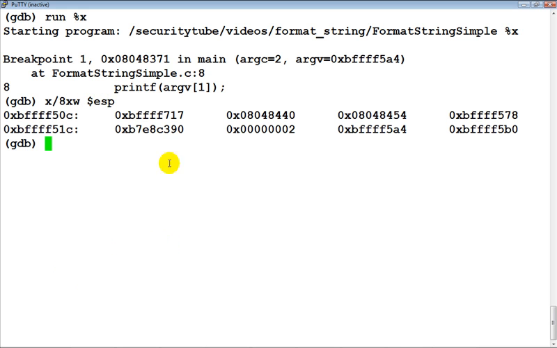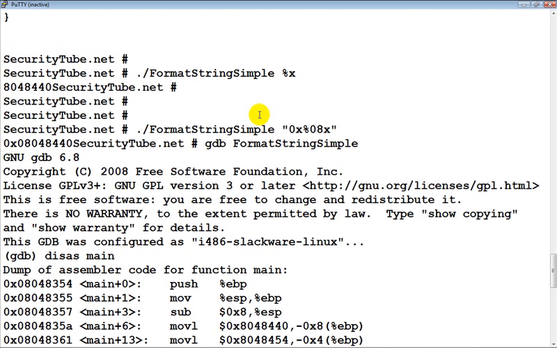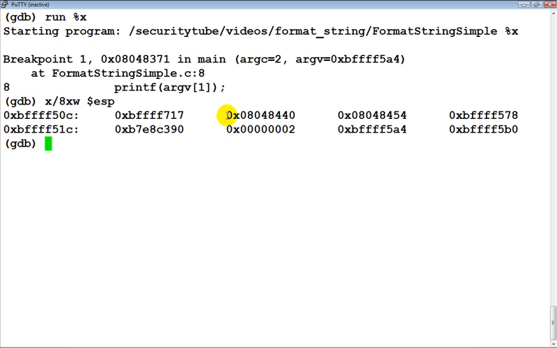Now if you notice, this is of course the pointer to the format string %x, which of course once you're within the printf function is actually going to be popped off the stack. The next thing is the address to one of the strings which is present as a local variable in the main function. However, this value on the stack is exactly what was printed here, right? So if you notice, we were able to figure out the next value on the stack by using the